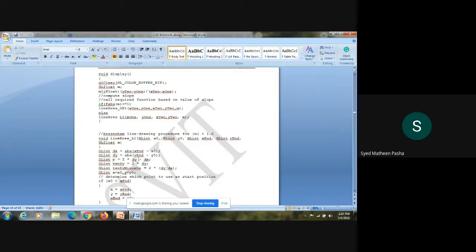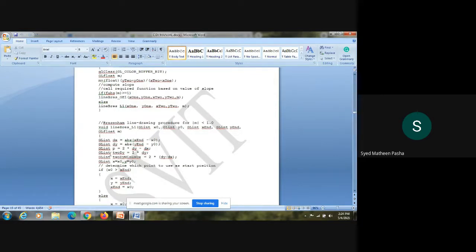Then how to calculate 2 dy? There is one parameter called 2 dy which we'll be using in the program. I'll calculate 2 dy, which is given by 2 into dy. The same which you have defined here is being put into the formula there. Then similarly, I will define one more function, 2 dy minus 2 dx. That is nothing but the same function, the difference between those parameters multiplied by 2.